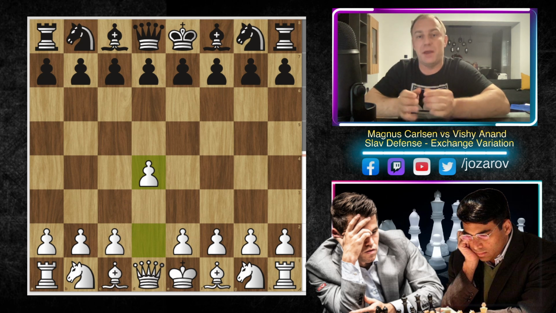It was a rapid game, and the incredible thing about this game is that actually here Vishy Anand played a game without inaccuracies, mistakes or blunders. If you put this PGN into maybe the Stockfish 14 engine, it will show you that really it was a perfection by Vishy Anand. His centi-pawn loss was only 7, which is really wild.